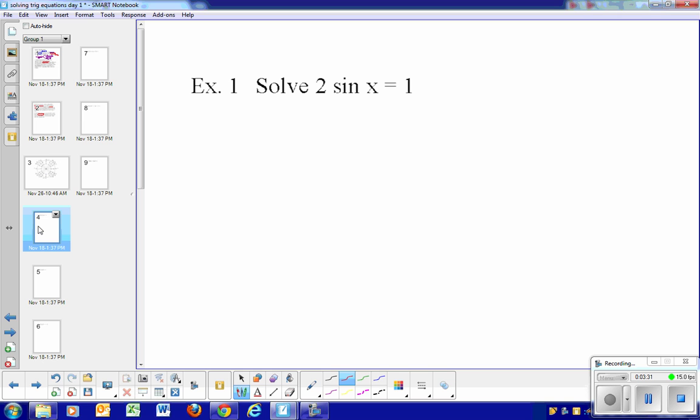Okay, so in your notes sheet, I've written to you this exact same problem. Solve the equation 2 sine x equals 1. Remember that we want to isolate the variable, and right before that, we're going to isolate the trig function. The thing that is keeping company with this trig function is this multiplying by 2. So to undo the multiplying by 2, we're going to divide both sides of the equation by 2. These 2's make a 1, and so in my next line of work, I just have sine of x equals